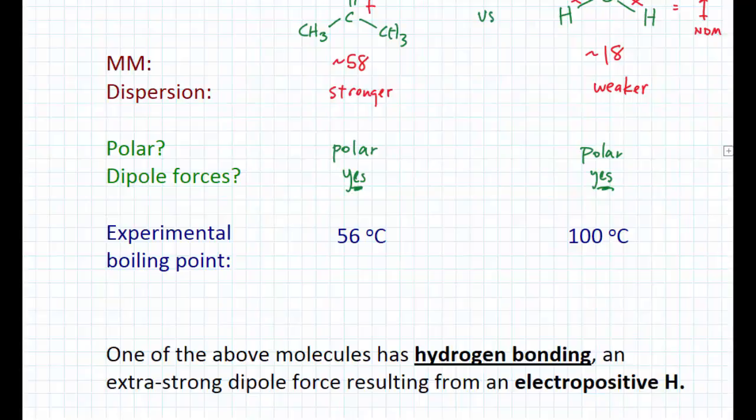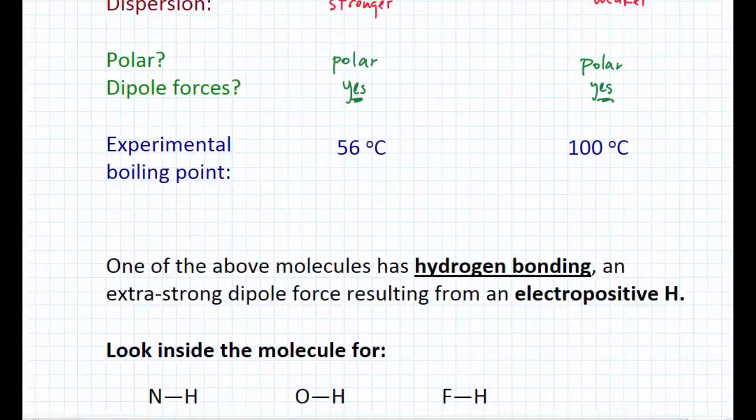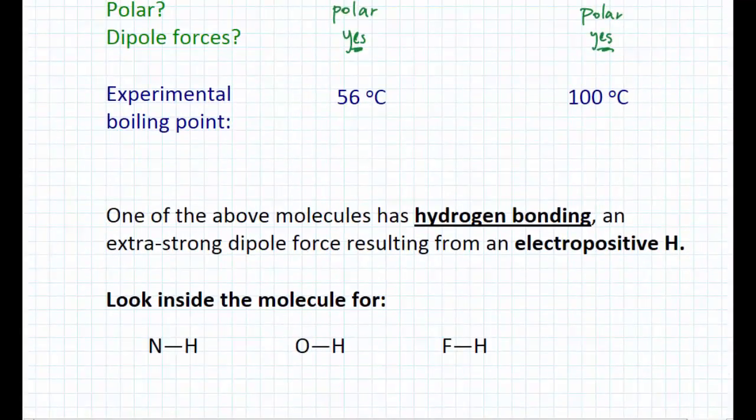One of those molecules, acetone or water, has hydrogen bonding, an extra strong dipole force resulting from what we'll call an electropositive H. So to find this electropositive H, we need to look inside of the molecule for one of these bonding patterns. Okay? An NH, an OH, or an FH inside of that bond. And the reason those are special is because N, O, and F are the three elements that can most strongly pull electrons away from an H. Okay? And what we end up with is a very strong